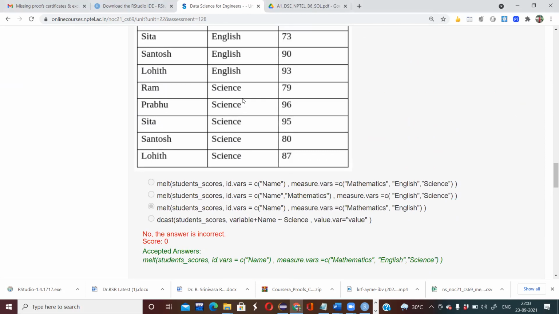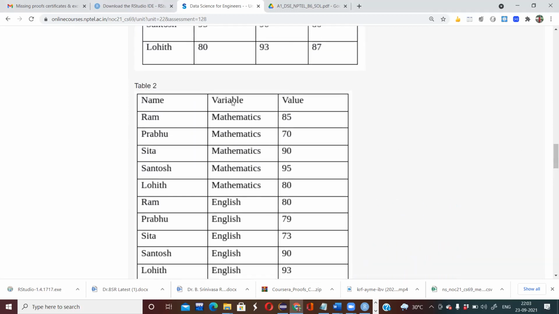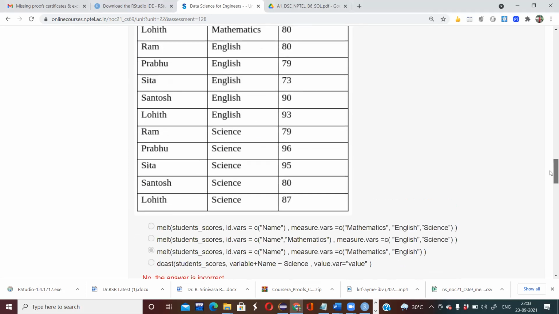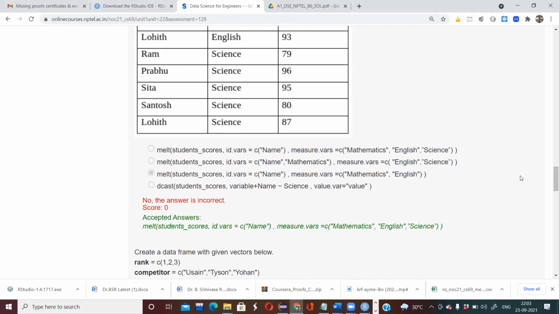You're trying to make table 2, which consists of only the variables mathematics and English. But if you see the picture of this table 2, you're having the variables mathematics, English, and science, right? So you need the option in which the ID variable is name and the measure variables are mathematics, English, and science. So this should be your option. Okay, melt is the option. So this is your option.